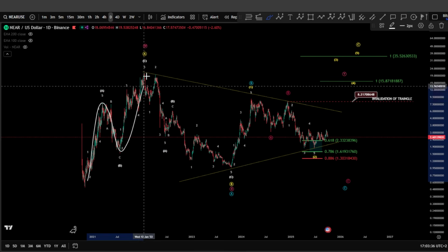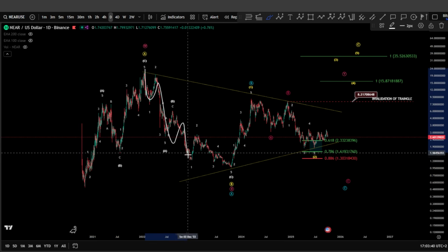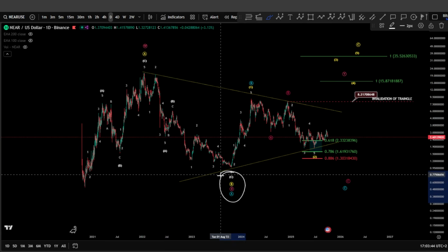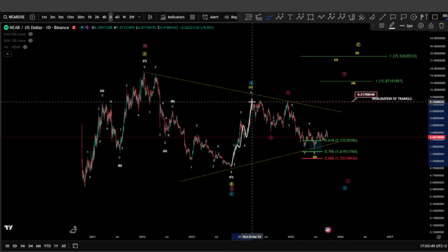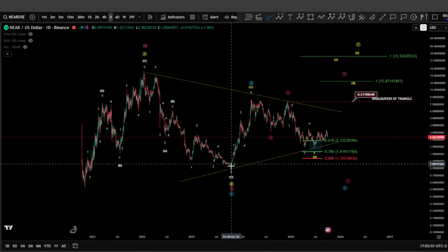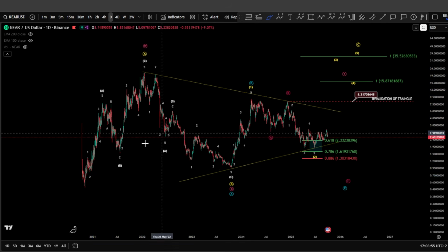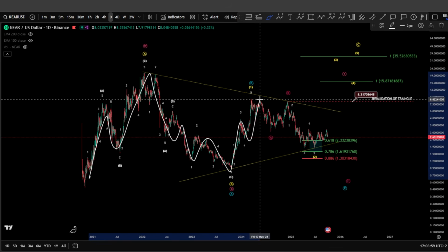First, where we see ABC here as a wave A or a wave W, followed by a very deep correction here, which can be an A, B, and a C zigzag, finishing wave B or wave X. And of course, we see a potential 1, 2, 3, 4, 5, but don't forget this can also be a zigzag over there. For a triangle, very clear triangle, almost as a zigzag, ABC, ABC, and then another ABC, another one there.